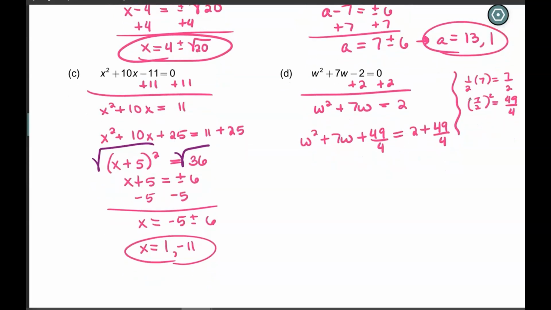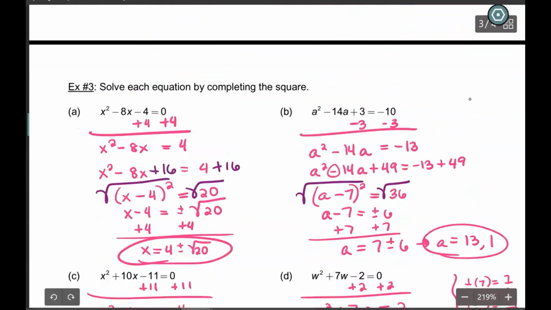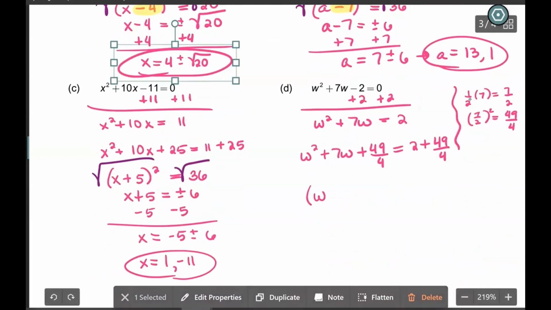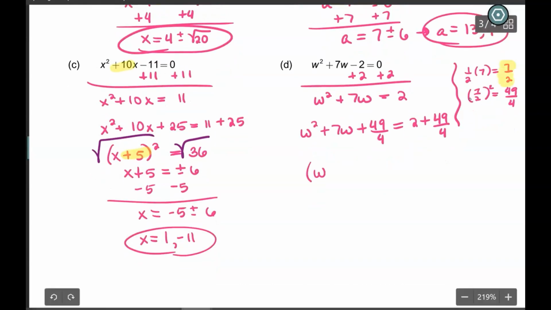Now when we factor this, just a quick note, if you look for every time we factored, right? So I just want to highlight here. Notice how it was a minus 8x, it turned into a minus 4. A minus 14a and a minus 7. When it was a plus 10x, it became a plus 5. So here, it's really just half. So whatever you get for this part, that's really what you have in your binomial. So it's going to be x plus half of 7. So that's